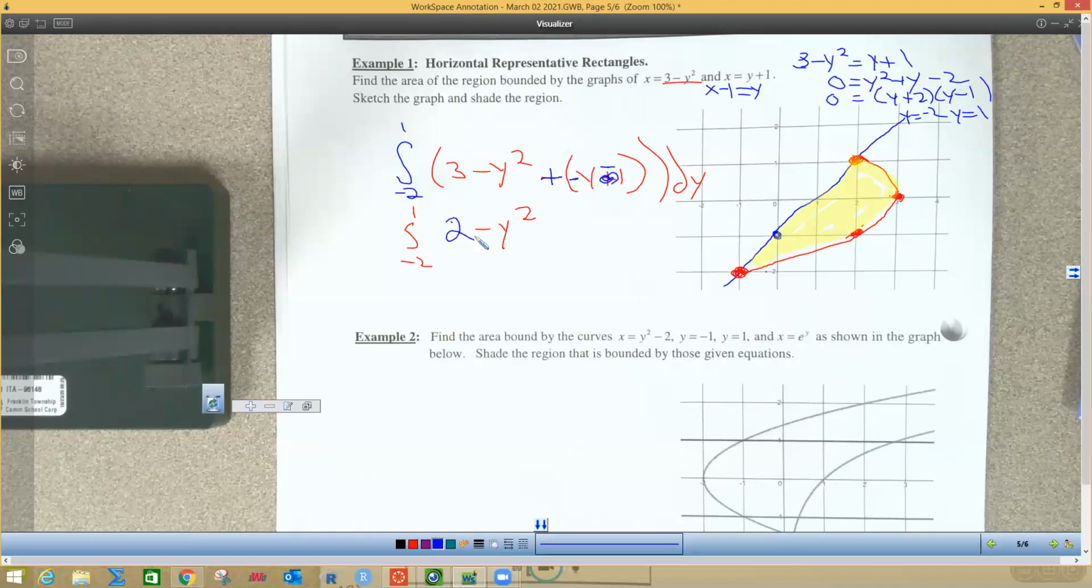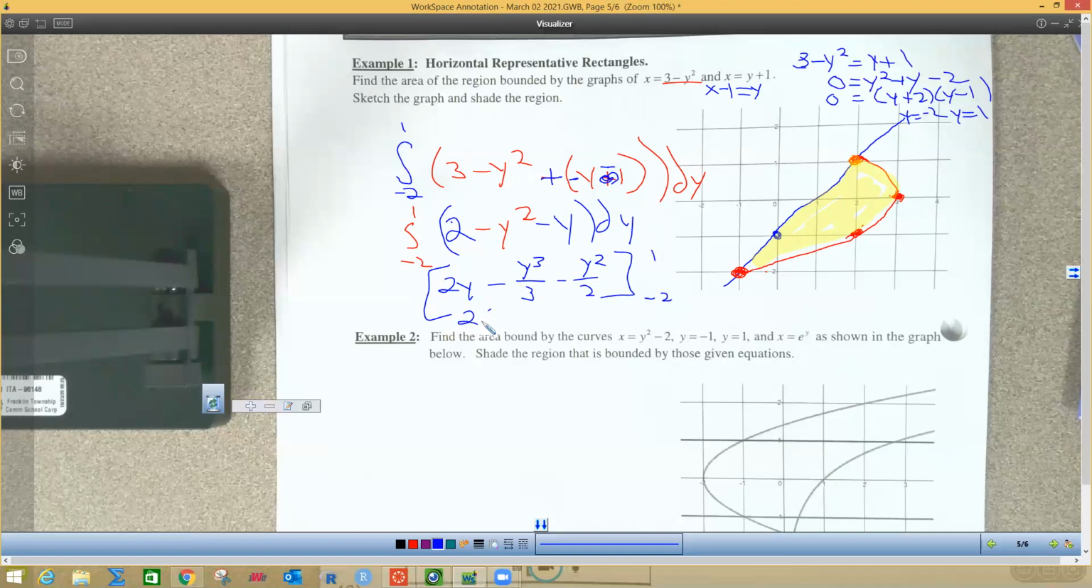So this is actually 2 minus that y squared, and then minus y, dy, and then I'm going to do my integral. So I'm going to do my power rules. So this is going to be 2y minus y cubed over 3 minus y squared over 2, and then you're going to have your lower bound of negative 2 to 1, and we're going to stick 1 in